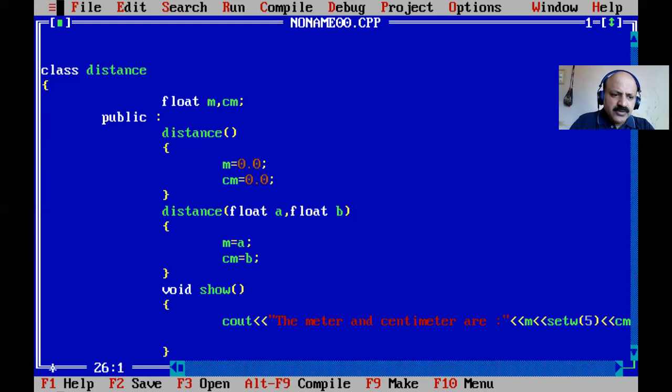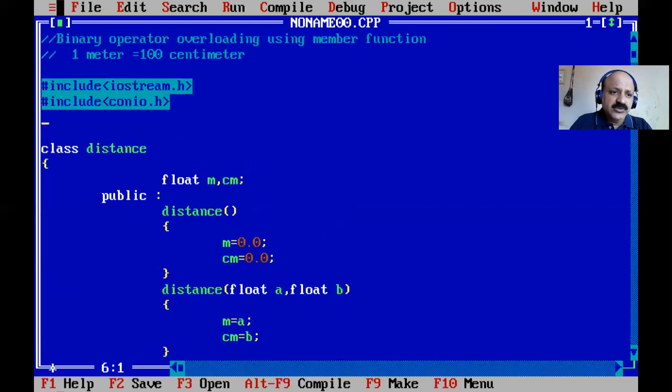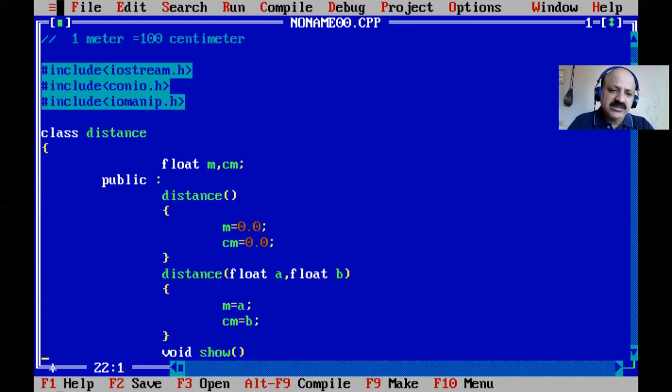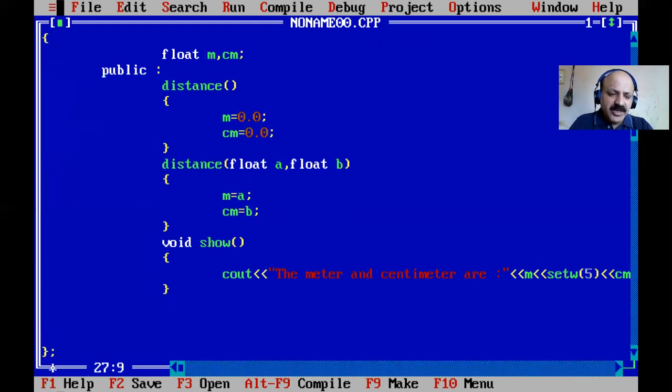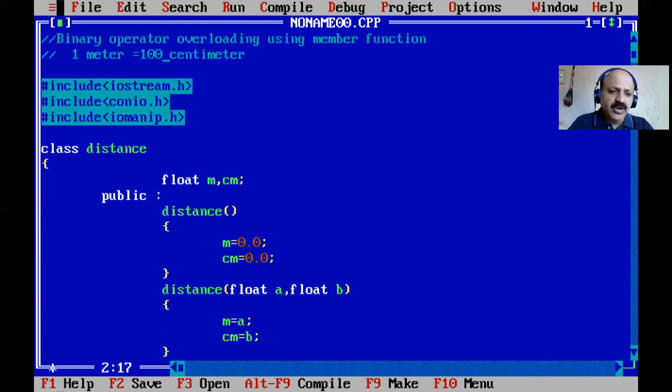One header file is required because setw, set width, is a manipulator, and endl also, so iomanip.h, input output manipulators. Now our main target is binary operator overloading, where we can also pass or return an object as an argument. In binary operator overloading, a member function takes only one argument.